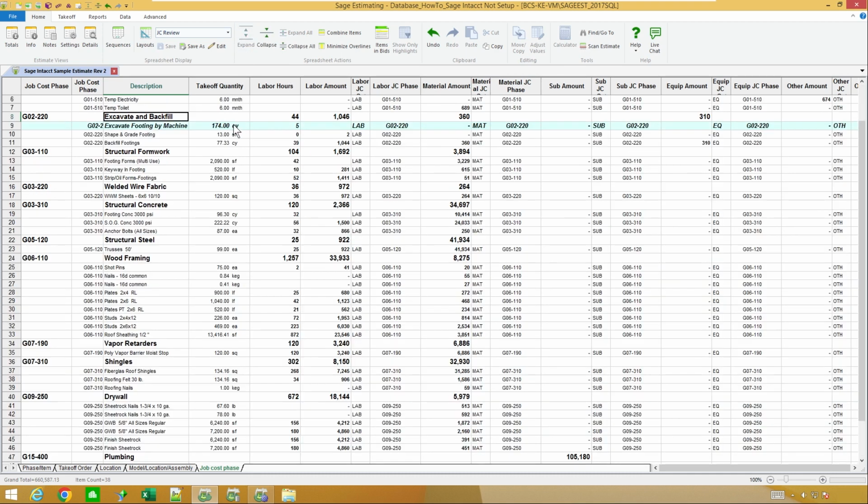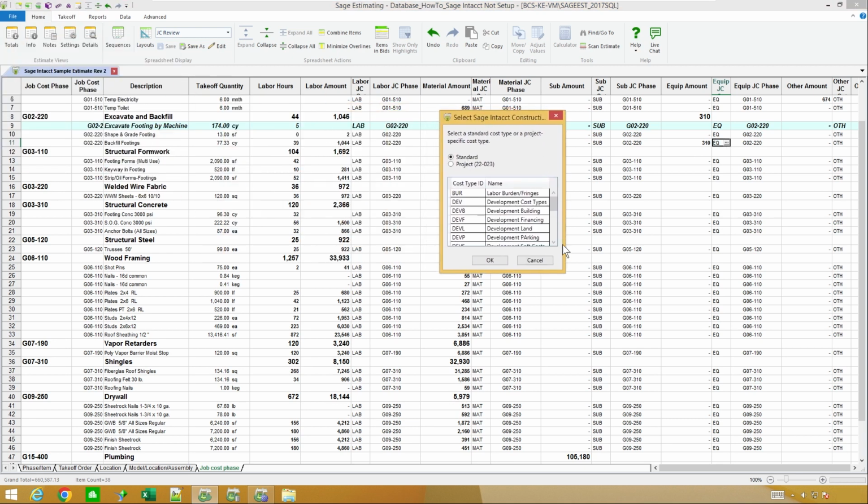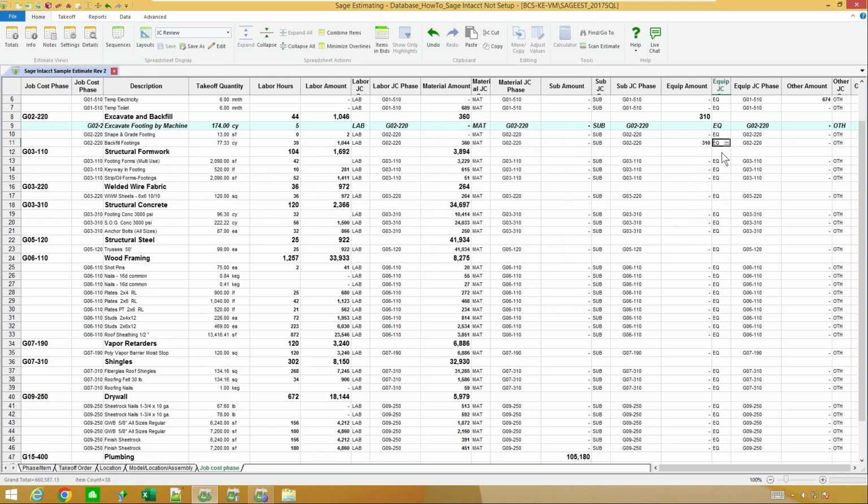Now, in my case, because when I set up the estimate, I told it to put LAB in here and MAT in there, so on and so forth. So it's already got my category set up. But this is also where, if I had multiple categories where I had equipment that we own versus equipment that we rent and so forth, this is where I could come in here and actually select for that item what category I want that to go to, or what cost type do I want that to go to on my Sage Intacct side? And there again, it could pull up my list of all my different standard categories to pick from and so forth. In my case, I'm going to just leave them to E for equipment.